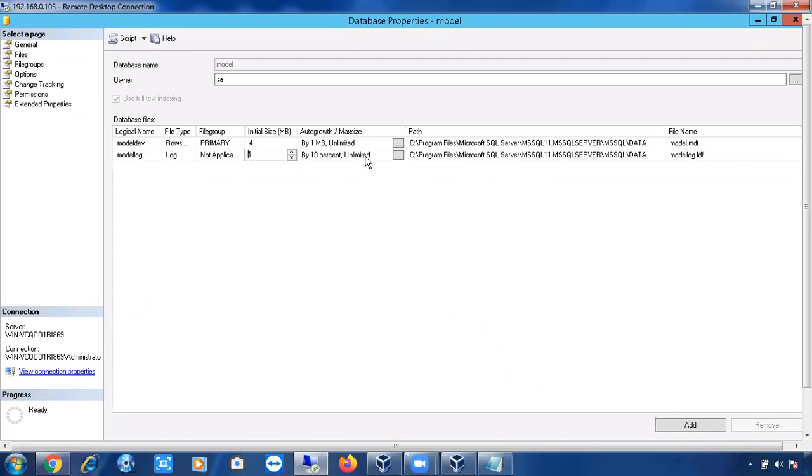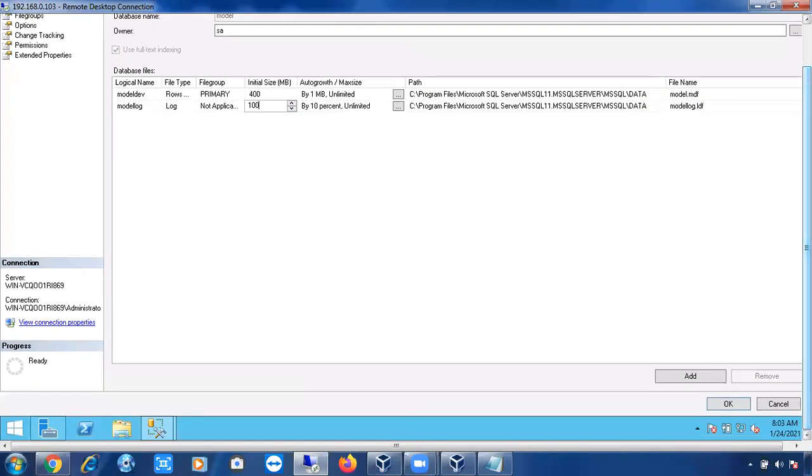My question is, for example, if I change the initial value from 4 MB to 400 MB, and 1 MB to 100 MB, here 400 MB and here 100 MB, and I click OK, then whenever I am creating a new database, what will be the initial sizes of the new database?